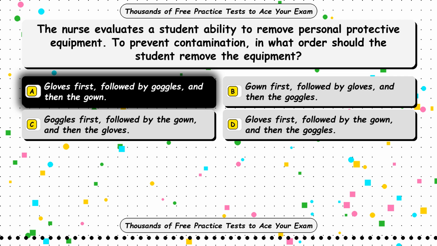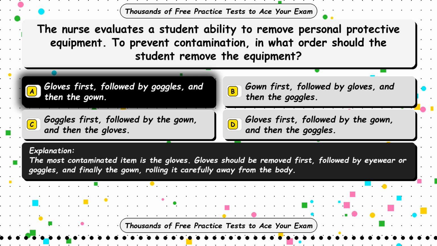The correct answer is option A, gloves first, followed by goggles, and then the gown. The most contaminated item is the gloves. Gloves should be removed first, followed by eyewear or goggles, and finally the gown, rolling it carefully away from the